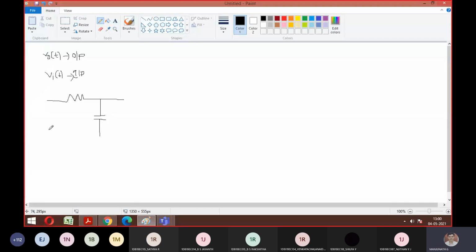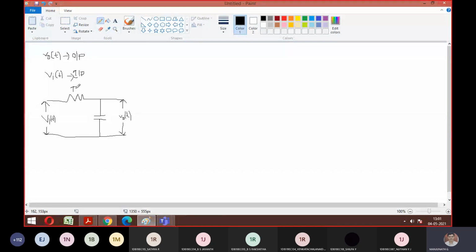So this is one simple network. Whatever networks they are going to give you, stick with the same procedure we are going to follow now. This is your V0 with respect to time, so they have given V0 of t. Similarly here you can find Vi with respect to time. In order to find this transfer function, I have to convert this to the frequency domain, nothing but we have to apply Laplace, which we will discuss.